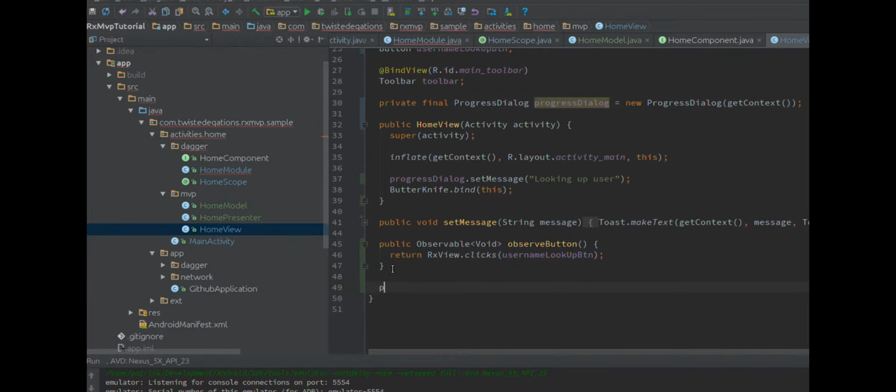So let's create some public methods to control this. Public void show loading, boolean loading, if loading progress dialog dot show, else